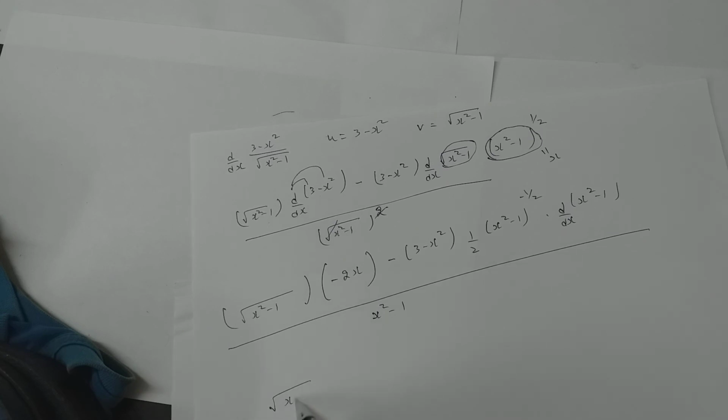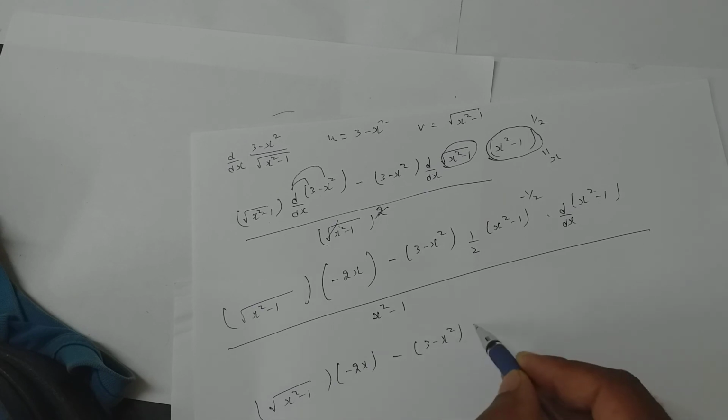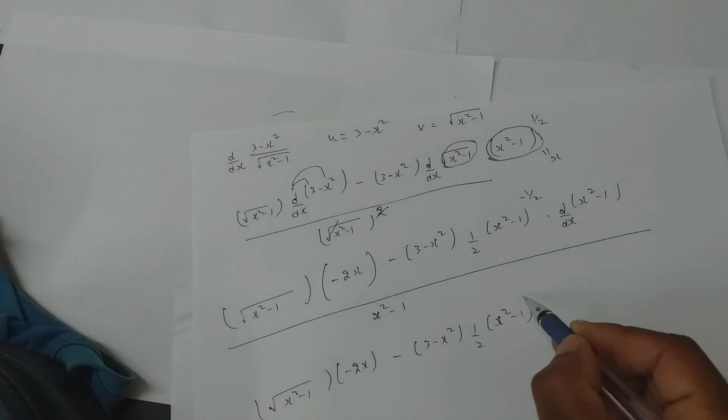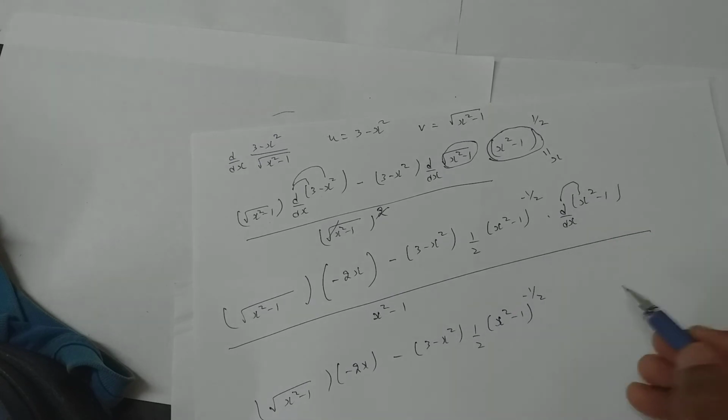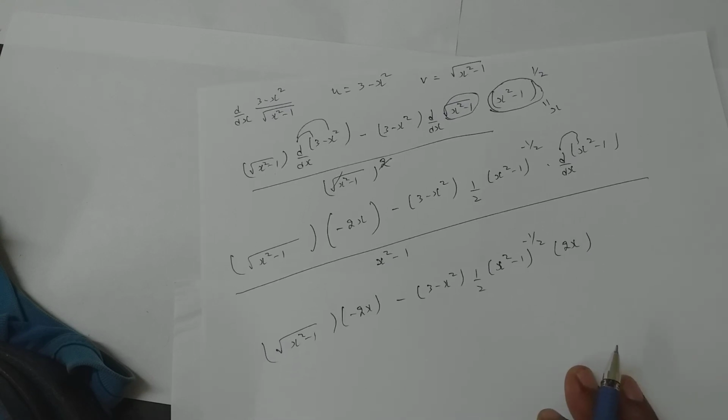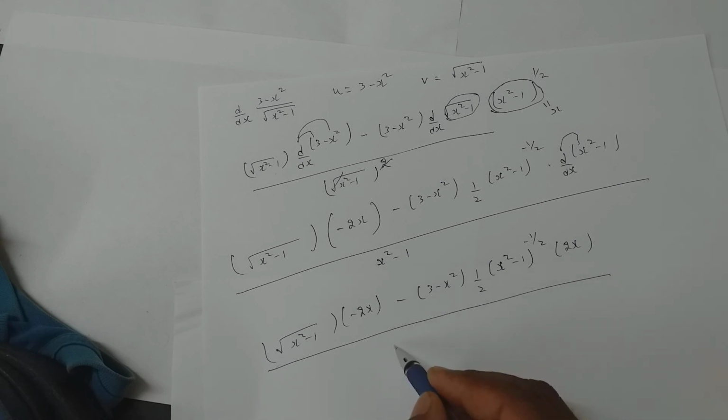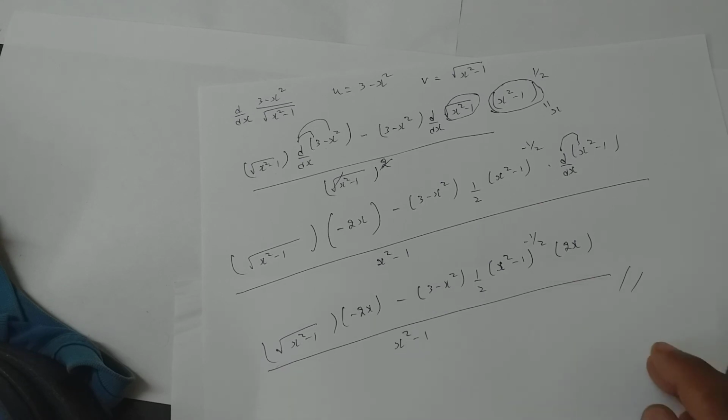So now what is left is root of (x square minus 1), into minus 2x, minus of (3 minus x square) half, (x square minus 1) power minus half. This applies on x square. What do I get? 2x. When it is applied on 1, 0, which is of no use writing, by x square minus 1. We'll simplify this while doing sums. Am I clear? These A-level differentiation sums are lengthy, but only if you apply the formula correctly do you get the answer. Am I clear with the u by v rule, the introduction and the sums I explained in this video?